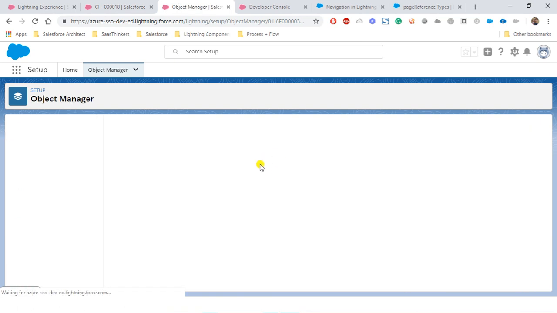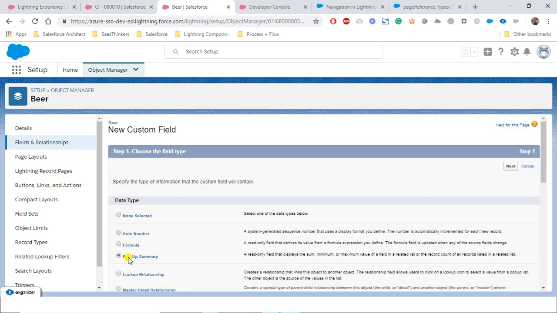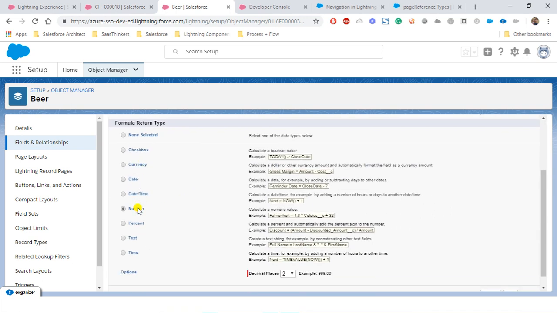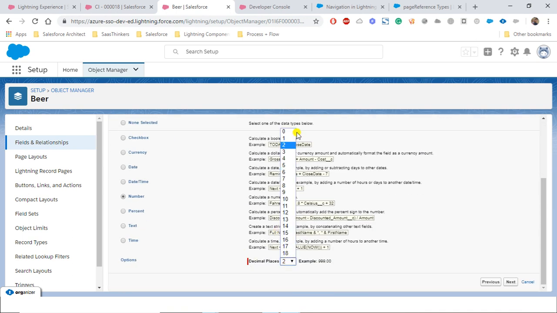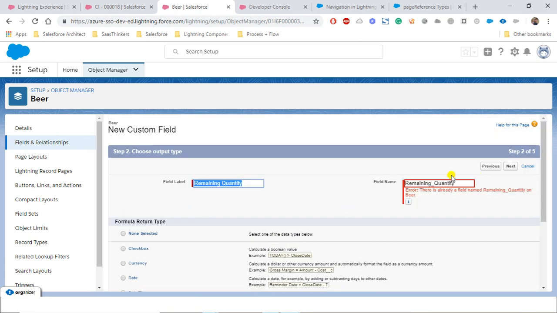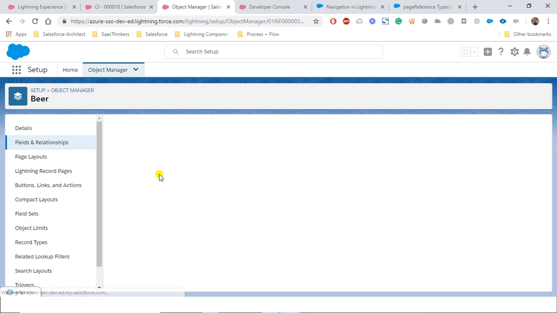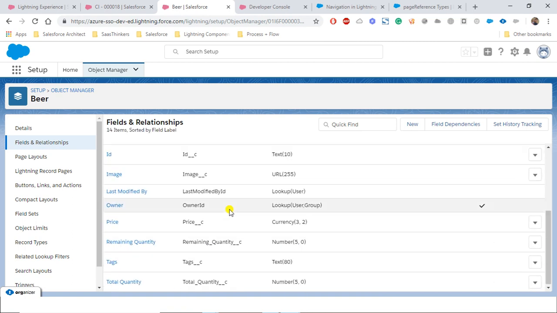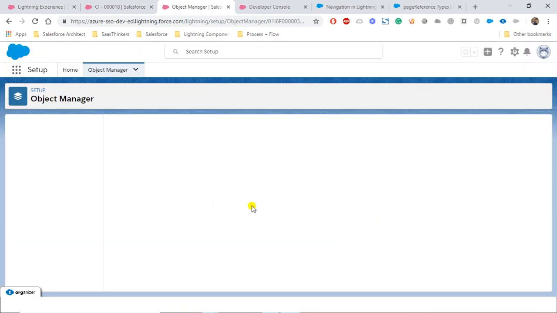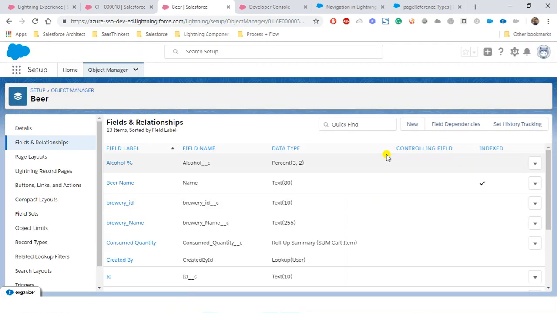save and new. We are also going to create the remaining quantity field that will be a formula field. So it will be remaining quantity, numbers will be 0, next. There is already a field on remaining quantity. Okay, let's go back. What kind of field is that remaining quantity? It's a number field. If you delete this, we will be creating a new one. Let's go ahead, delete that, click on new,